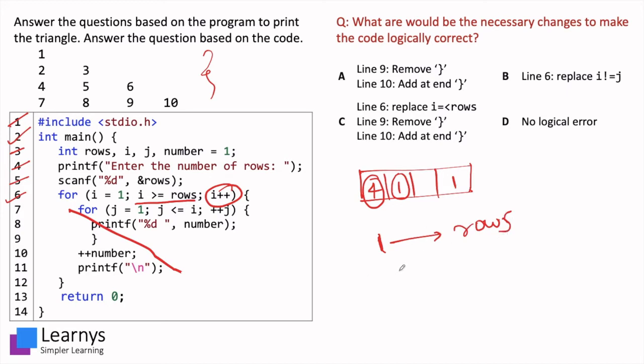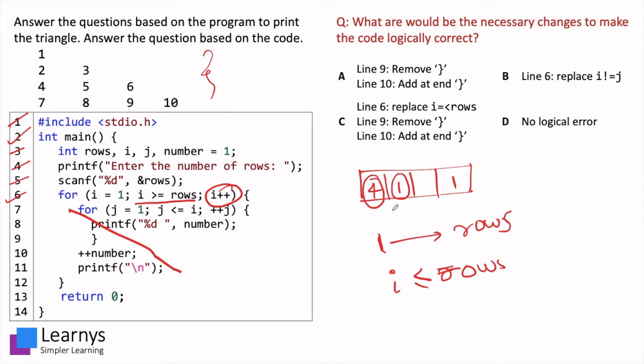That means we should write I should go while it is less than or equal to rows. And there it is. So this eliminates some options for us, but what we need to focus on is the code part.